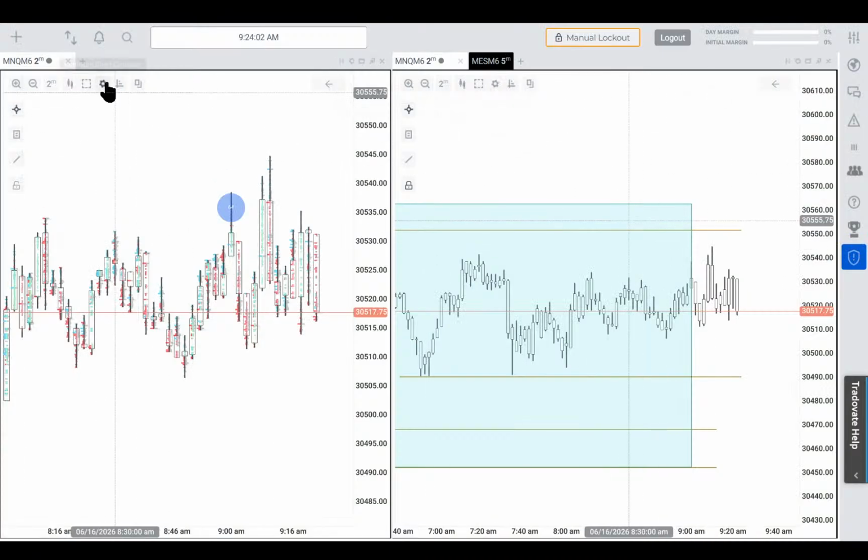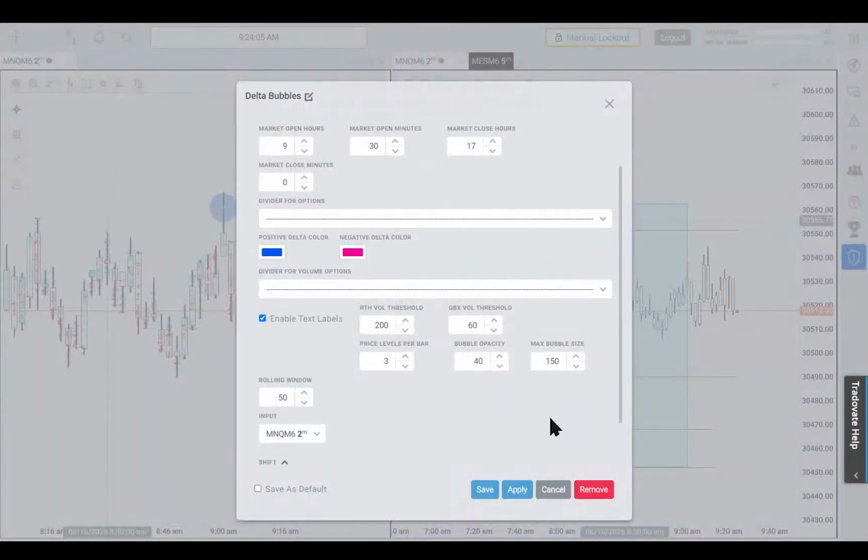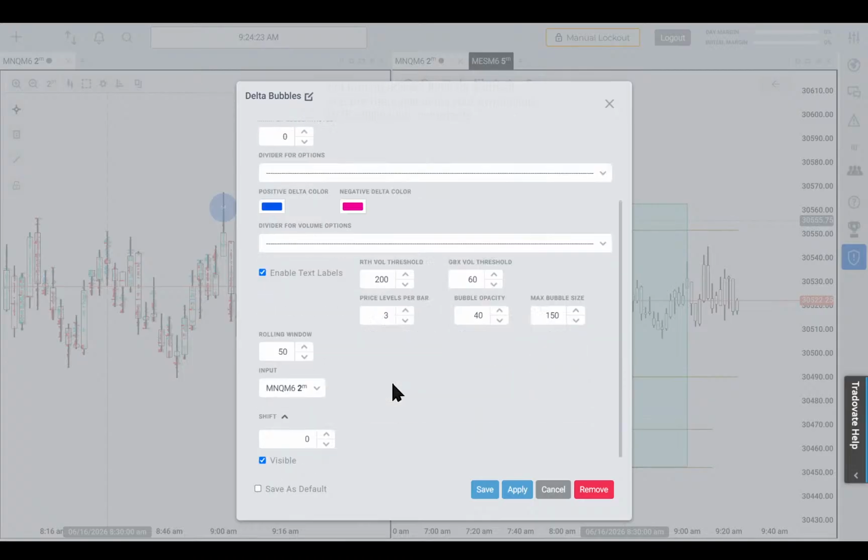But yeah, if you continue with the delta bubble settings, so this is M and Q, right? And I have RTH at 200 and global at 60, and 3 bubbles per bar. And I actually selected show text labels. I find it looks better.